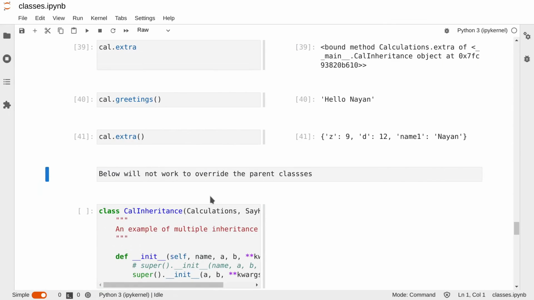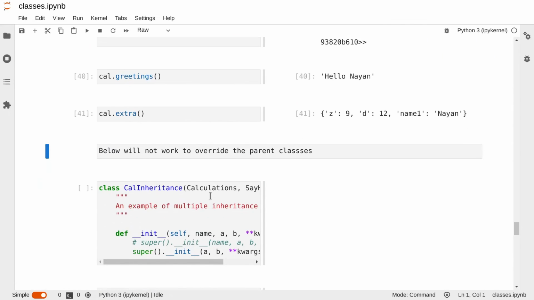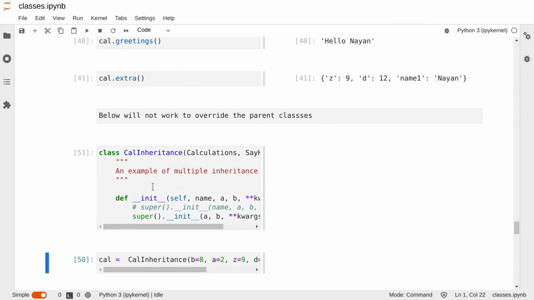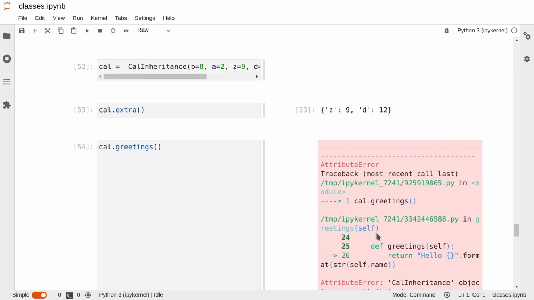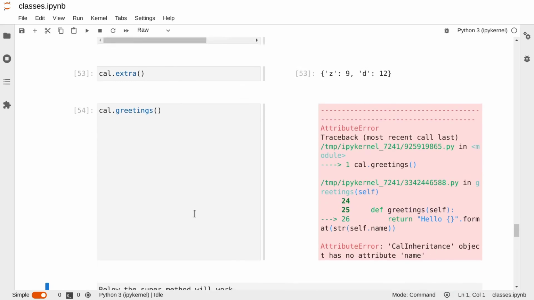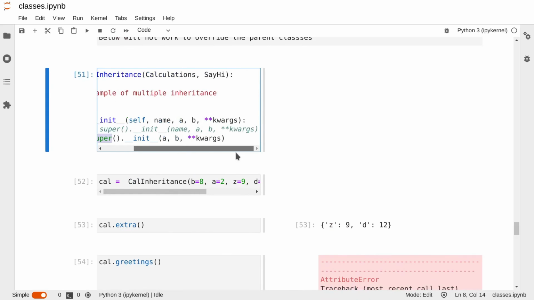Now in multi-class override, I would like to show one way through which the super method will not work. Over here, as you can see in the upper portion, the calculation class is accepting a different number of arguments and the say hi class is accepting a different number of arguments. Then I will execute this cell, which will instantiate an object of the child class. Now if I execute this cal.extra, which is the method of the calculations class, it will provide me the values, but as soon as I try to execute this cell cal.greetings, it will tell me that the object has no attribute name. Why? The reason being, this super method has provided